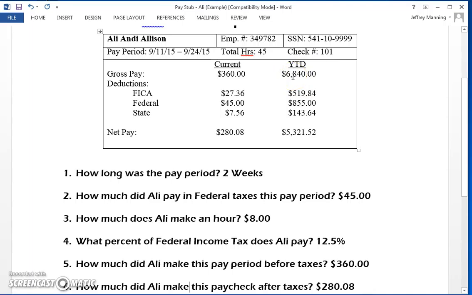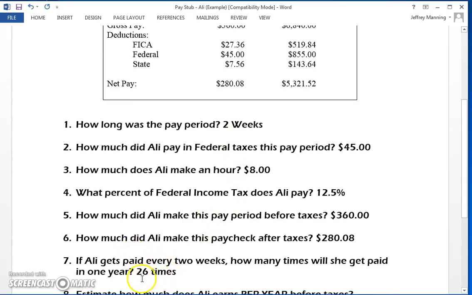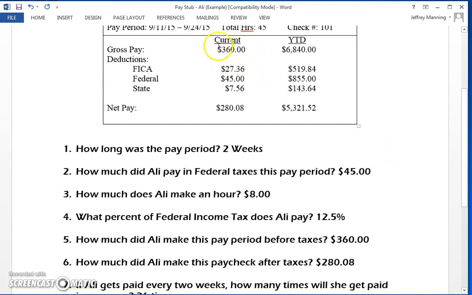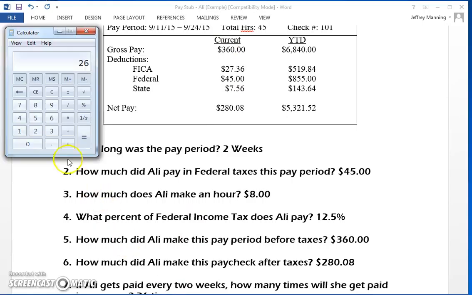What we actually have to do is take how much money she makes per paycheck, $360, and multiply that by how many times she's going to get paid in 1 year. And we did that earlier on question number 7. We already determined that she gets paid 26 times a year. So if I bring the calculator back up here, 26 is already there. I'm going to take 26 times her gross pay for this pay period, which, remember, is $360. So 26 times 360 equals